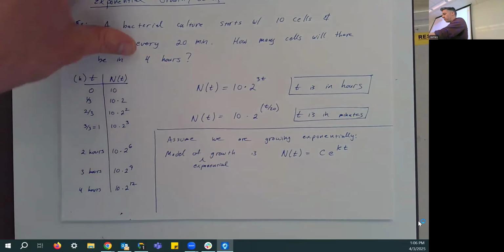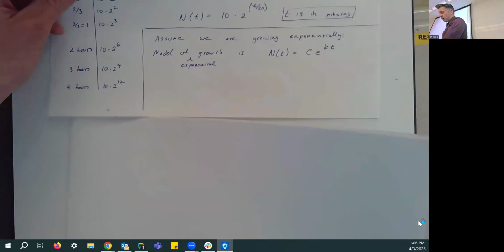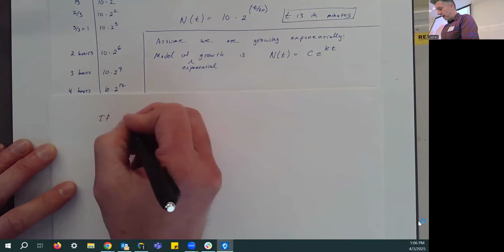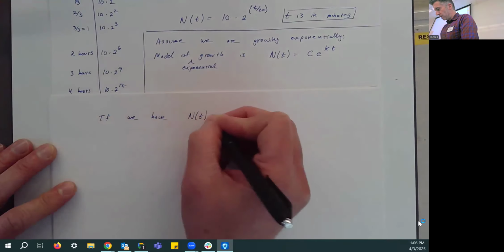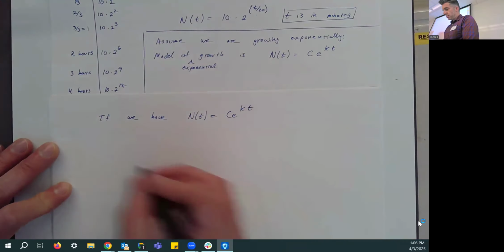Probably didn't leave myself enough room here. Always trying to squeeze things in. So if we have a model where n of t is equal to c e to the kt,